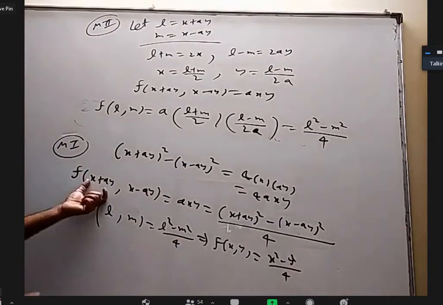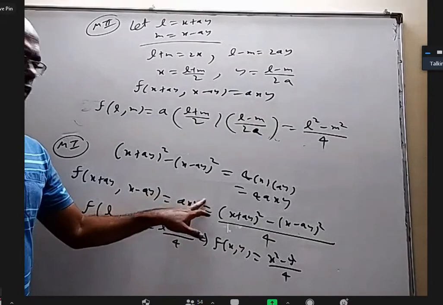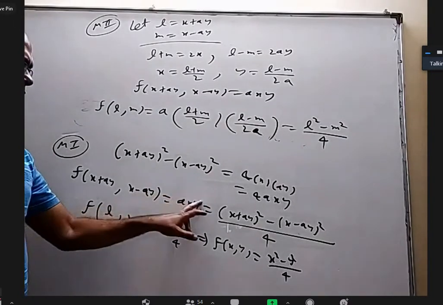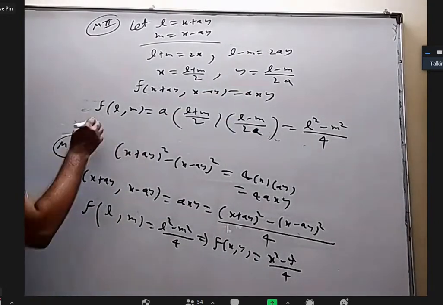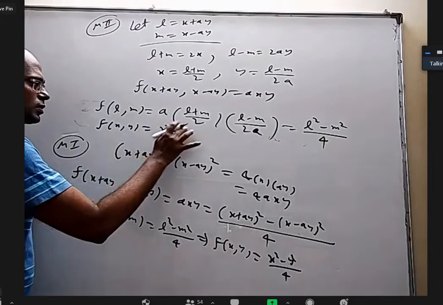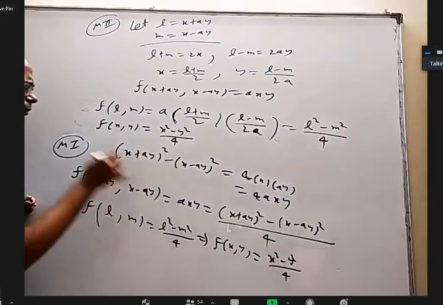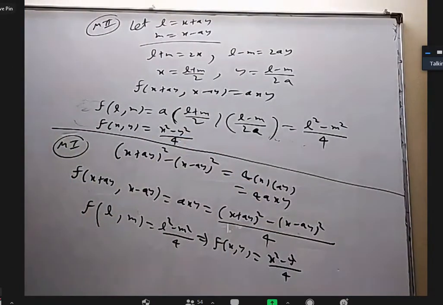No, we just took this as L, this as M, found what is x, what is y. Doesn't matter. We have x square here, y cube here, x power 5 here, y power 10. Anything we can do. f of (L comma M) is this. So similarly, what is f of (x comma y)? (x square minus y square) by 4. It's just a manipulation, just a matter of getting a slight idea, that's all.